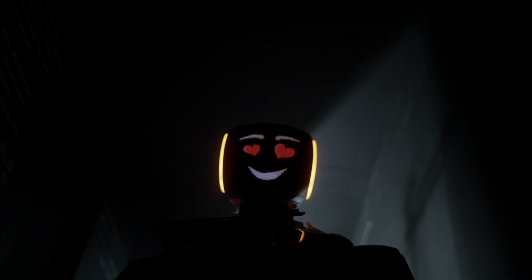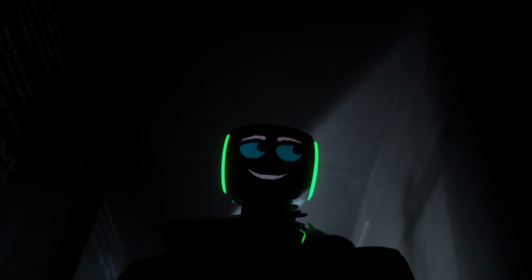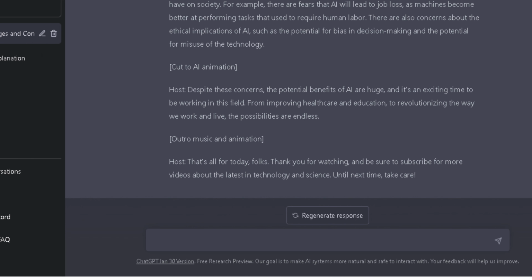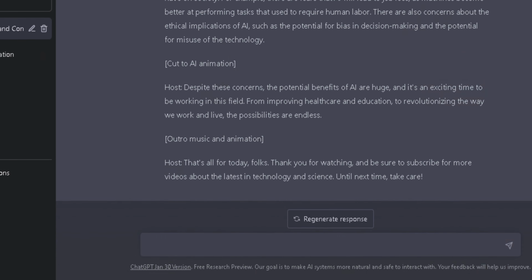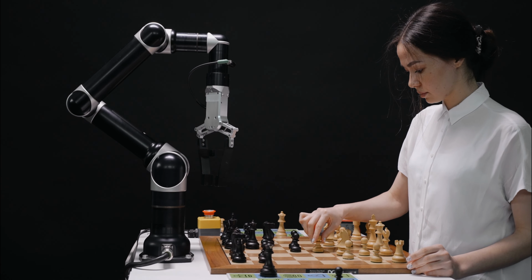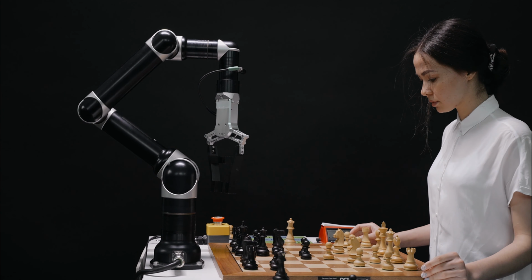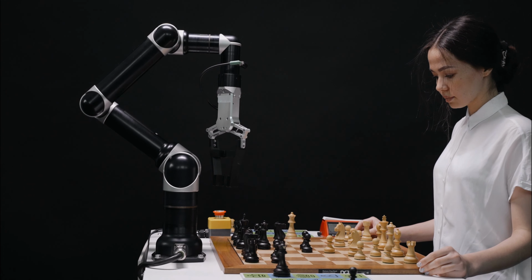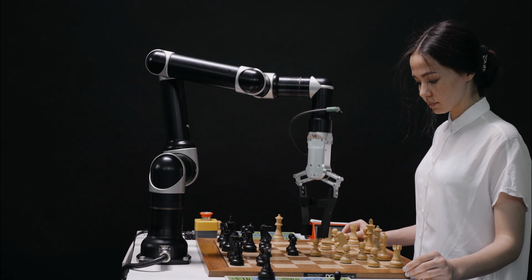One of the key strengths of ChatGPT is its ability to generate text that is not only relevant but also contextually appropriate. For example, if the model is asked a question about a specific topic, it will generate a response that is relevant to that topic. This allows ChatGPT to generate text that is not only informative but also engaging, making it well-suited for a wide